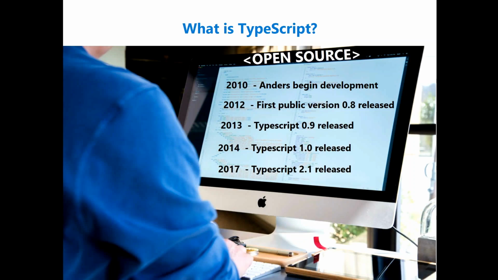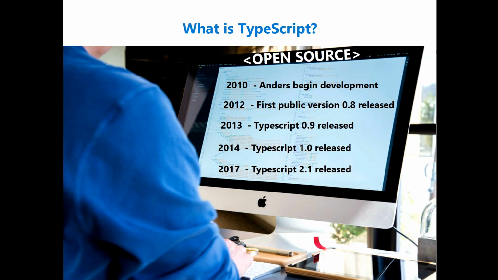Of course, TypeScript is a free and open source programming language. Let's have a look at how far TypeScript has come. In 2010, Anders and team began the development. Anders is none other than the one who designed C# and Visual Studio. In 2012, the first public version 0.8 was released. And in 2013,